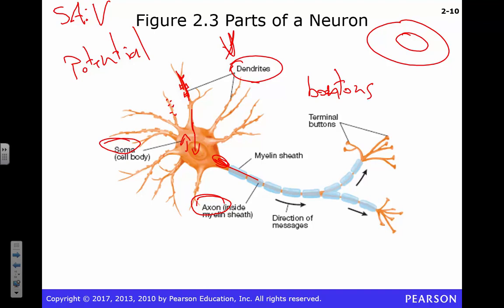They're terminals, whatever, I don't care. I don't even call them terminal buttons. That's kind of ridiculous. They're terminals, right? That's what they are. When we get to the muscular system, we'll call them synaptic end plates. Whoop-de-doo, it's the same thing. We're just going to throw a different name on it to confuse you. I think that's a waste of time. They're all terminals. They're going to do the same job, okay? Not a big deal. This guy's actually going to connect back on probably to a dendrite of another cell, right?